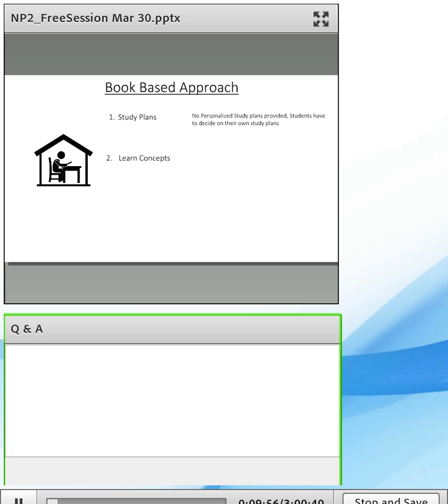Why? Because books don't give feedback. The onus of validation, or the burden of validation, is completely on you. So after reading a chapter, if you feel you're comfortable enough, you move forward. If you don't feel comfortable enough, many students still move forward. Some of them would go back and revise the concepts from the book.